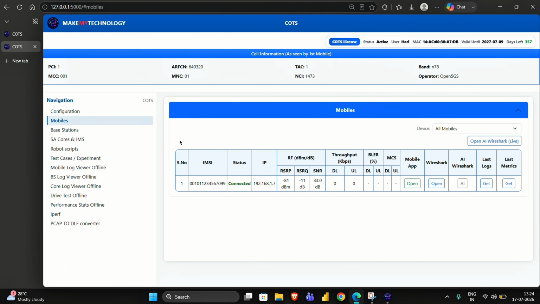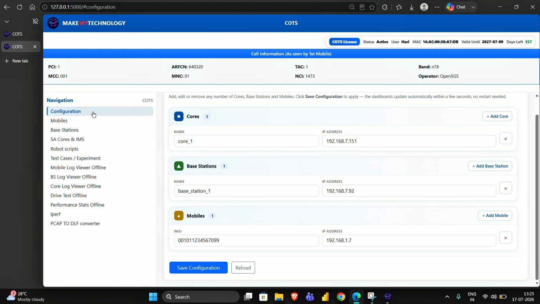And the whole idea behind it is that your test equipment is just a normal phone, an ordinary commercial handset, the kind anyone can walk into a shop and buy. So, now what you're looking at is the main screen. The phones talk to the dashboard over Wi-Fi. Nothing is plugged in anywhere. You install the app, you take the IP address it gives you, and you just come to the configuration board